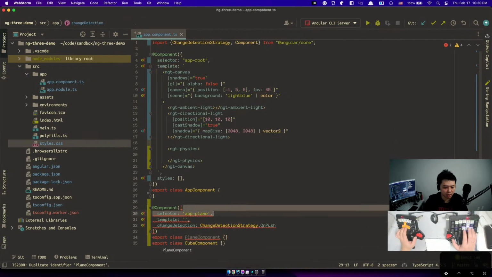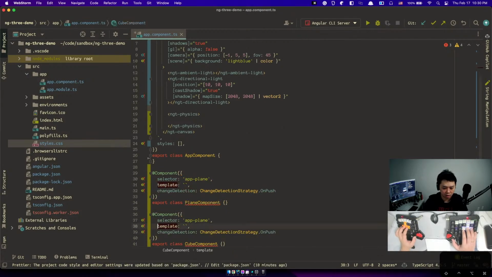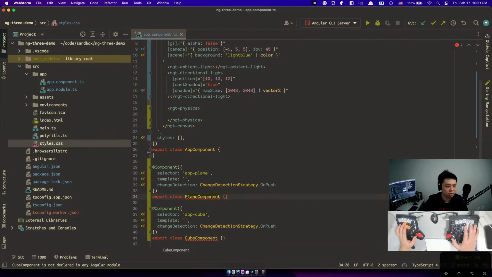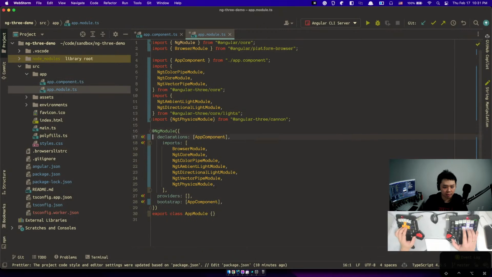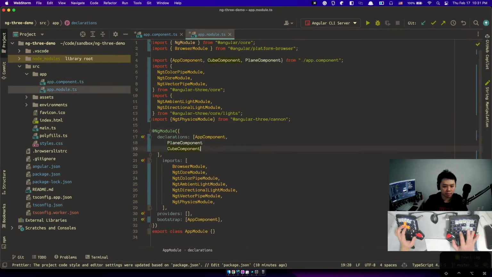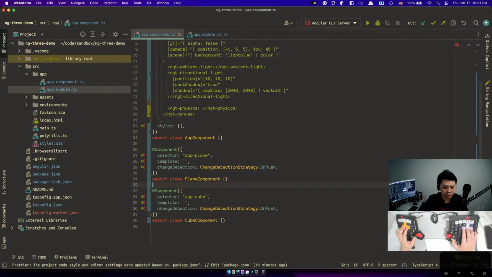We're gonna do the same thing for the cube. There we go. Grab these two and declare them. Back here. Now for the plane,